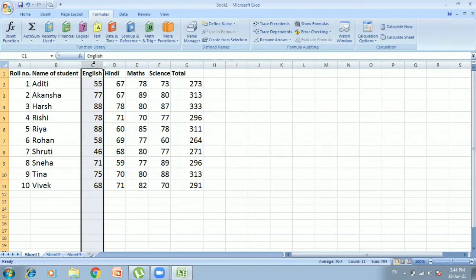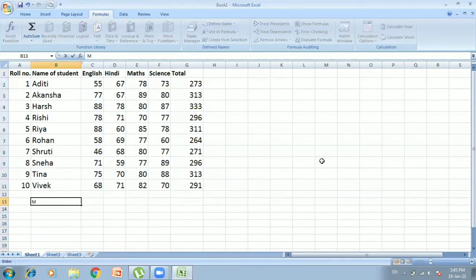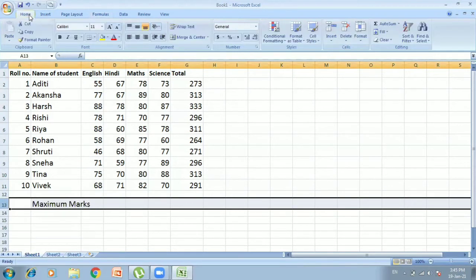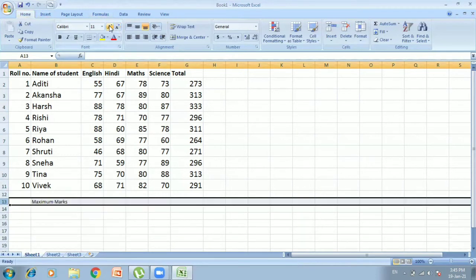Now, if you have to find out in class who got the highest mark, or what is the highest marks in English, for that you can simply write here maximum mark. First, let me highlight it so that you all are able to see. Let's decrease the size a bit.